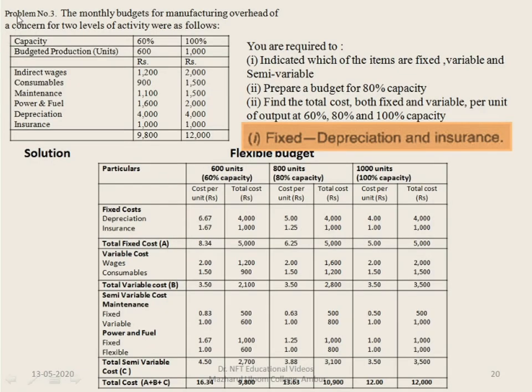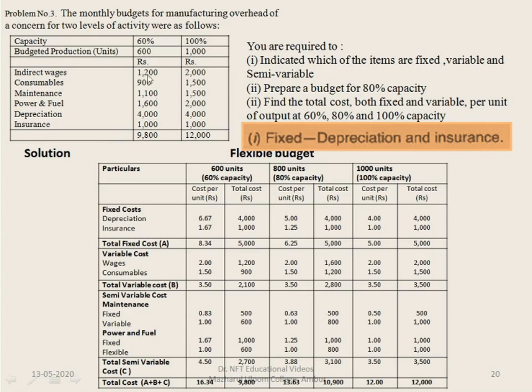Now let's see problem number 3. The monthly budget for the manufacturing overhead of a concern for two levels of activity are as follows. You are given for 60% and 100% activity. Budgeted production is 600 and 1000. Indirect wages 1200, 2000. Consumables 900, 1500. Maintenance, power,